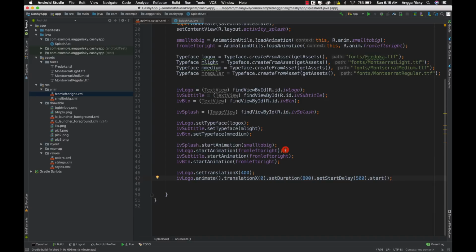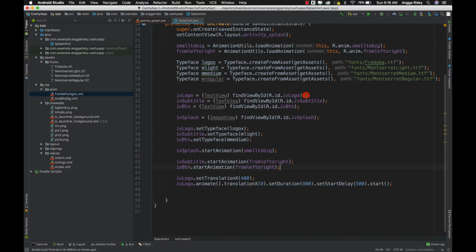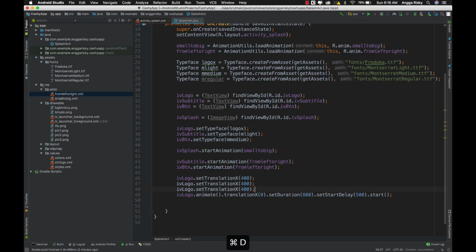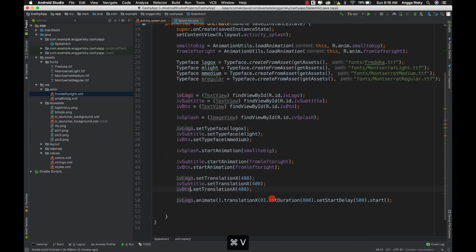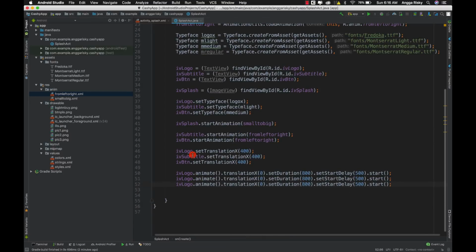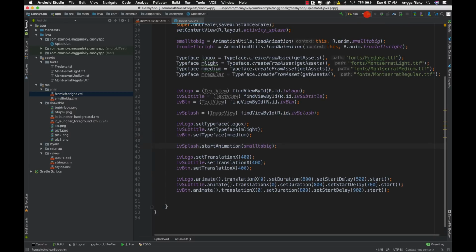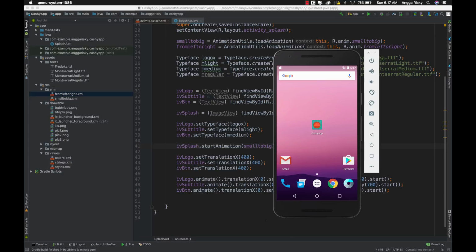So in the EV logo I want to remove this. Okay, there's no EV logo again, and then I just want to paste all of them. This is for the subtitle, and this is for the button. Then after that, this is for the subtitle, but we have to give the delay maybe about 700, and this is for the button, and we have to give delay about 900. Then we need to remove them, and then we try in the emulator. So if you open the app over here,